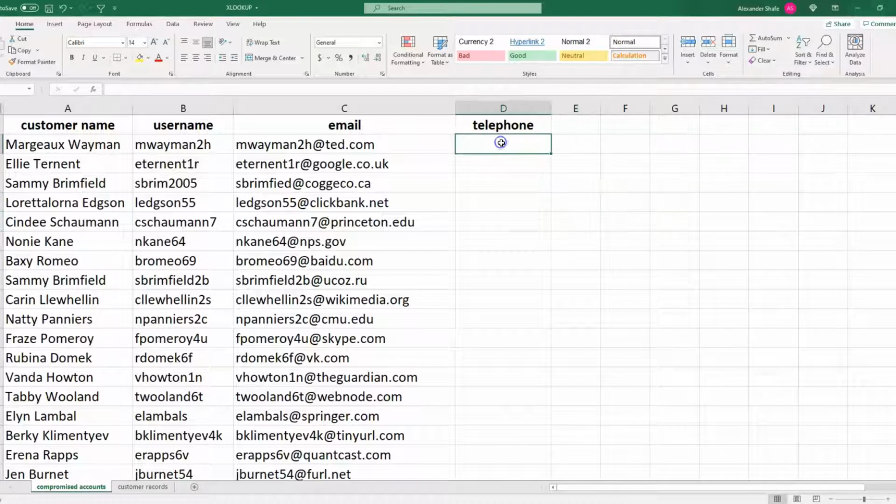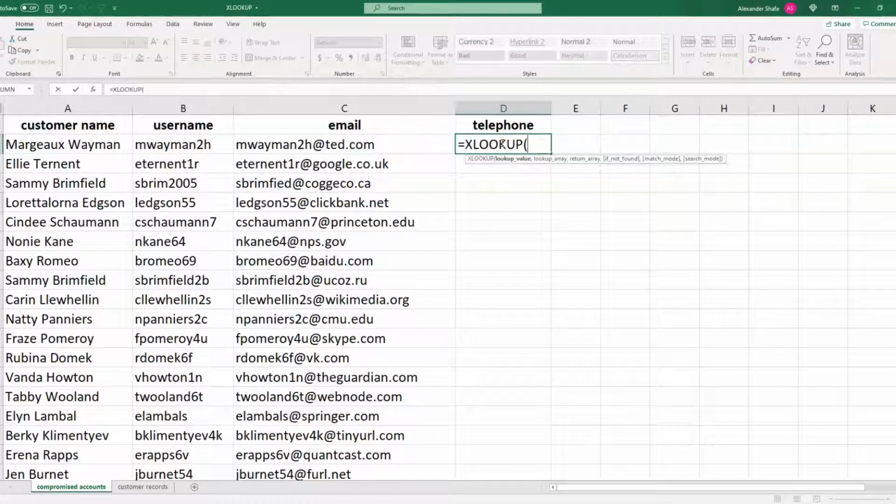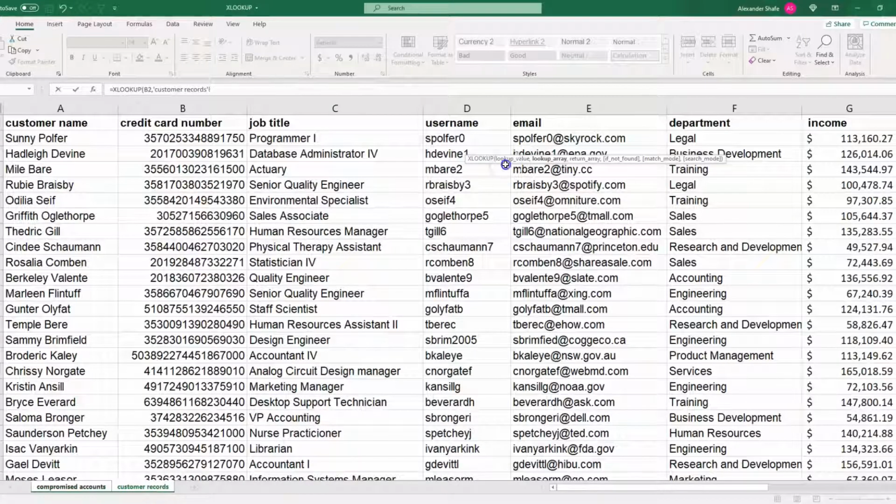Next, let's retrieve the telephone numbers. This time we will type the formula ourselves. Equal XLOOKUP tab. The lookup value is the username. I'm going to select the username. We have a comma. The lookup array is where we have the username inside of our customer records file. I select customer records file, and I'm just going to select the column username,